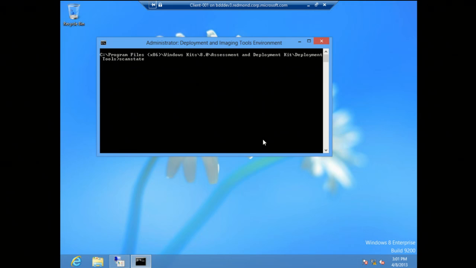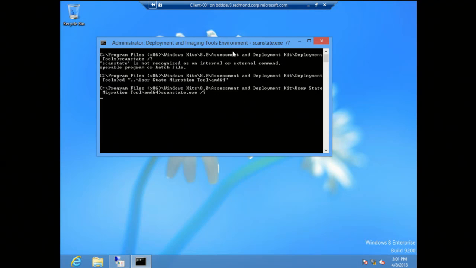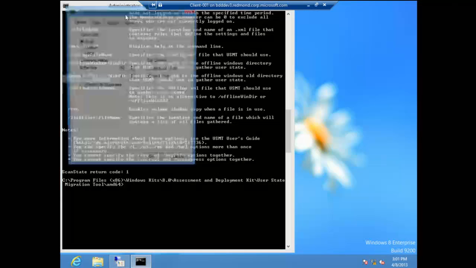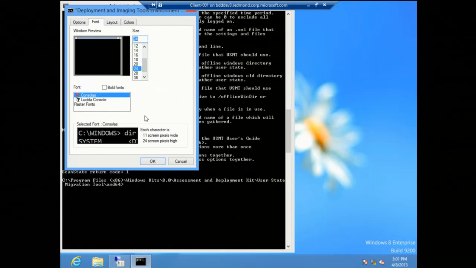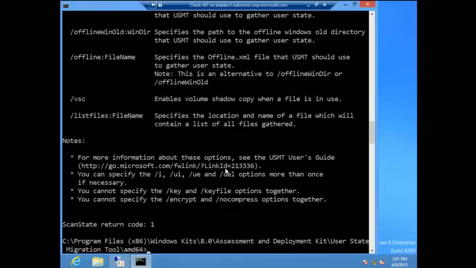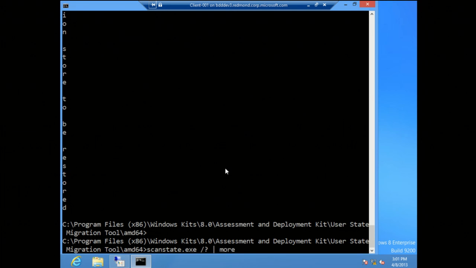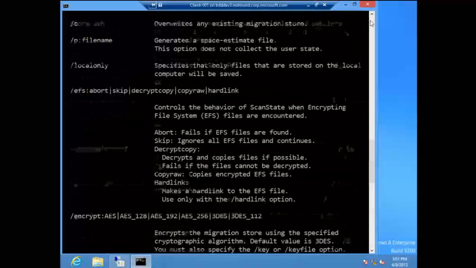And from here, well, first I need to get to the right folder. Probably helps to come up with a font that you can actually see. So then we can run scan state /?, and don't do it piped into more because you end up with something that looks like this, which isn't very useful. But with /?, we can see all of the available command line options,